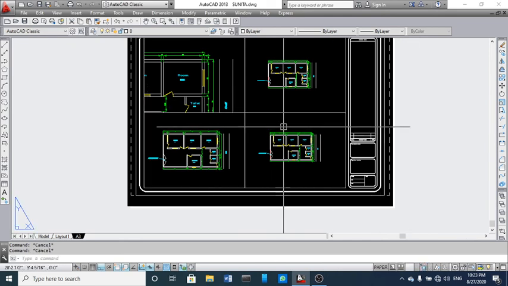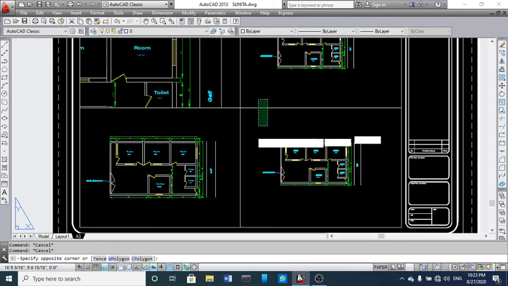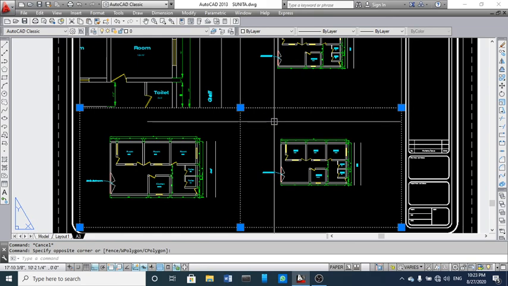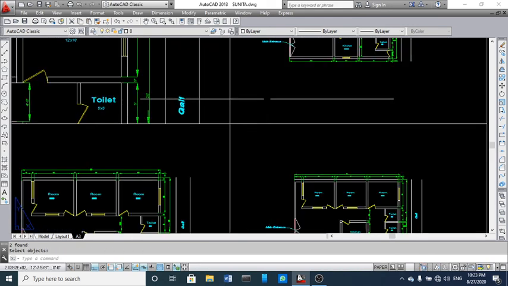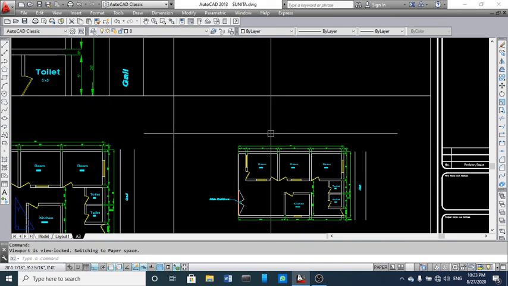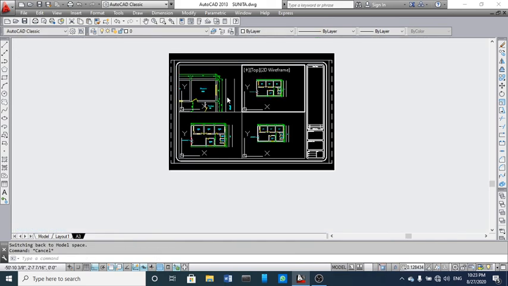So come to page space again. If you want to lock all these, you can select this also, right click and go to lock. Yes, now this is completely locked, so you can't change anything in this drawing.